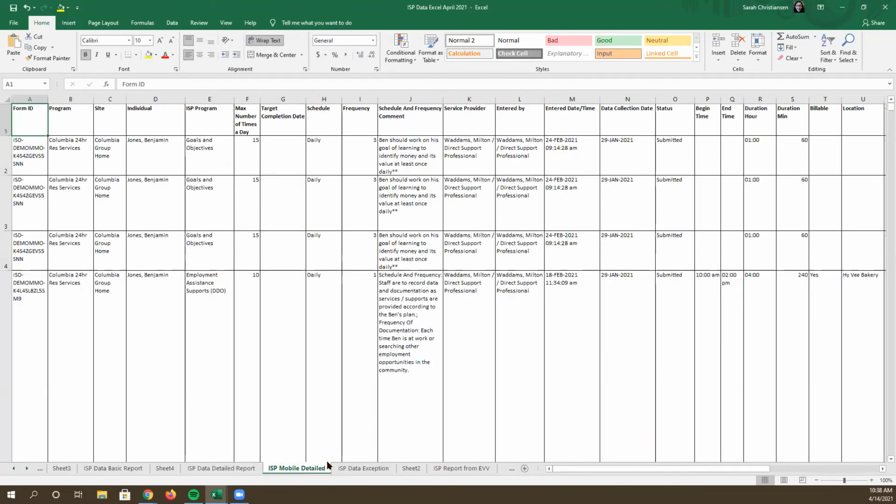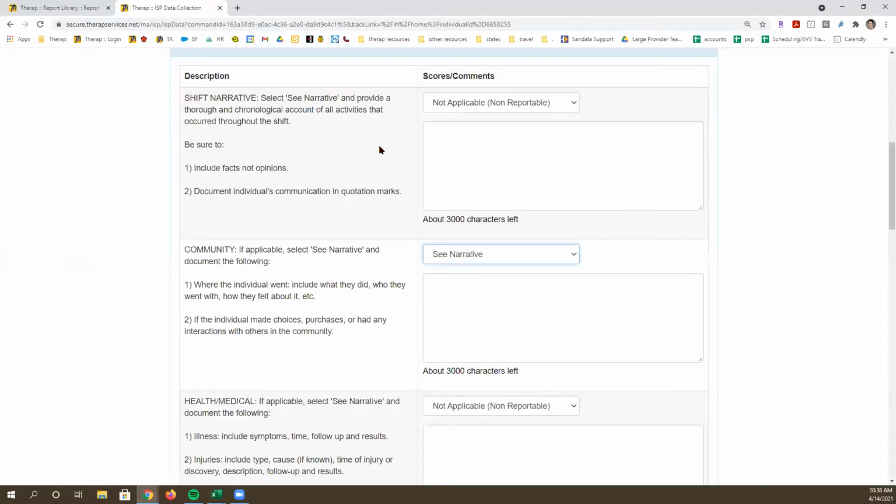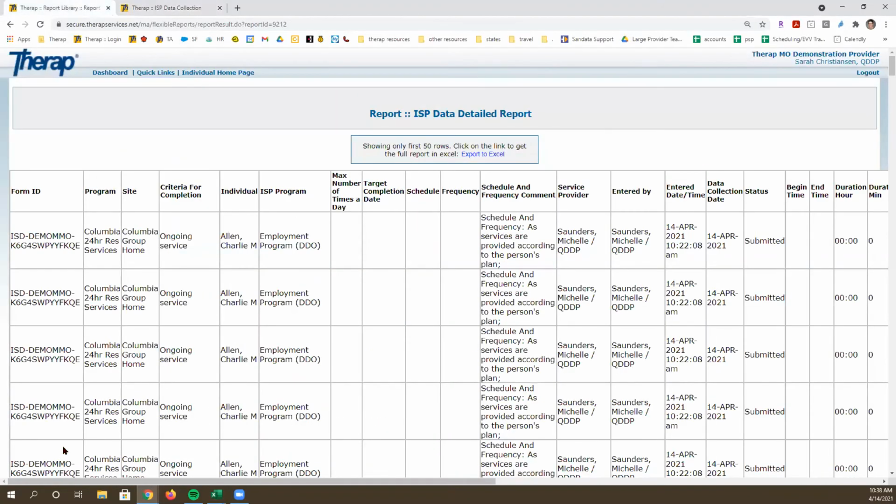Another capability we have with the detailed reports is we do have one that focuses on the mobile app and the specific things you can do in the mobile app. So there are some features for ISP data that we have in the mobile app, but not on the browser. So this report, let me show you how to find it. Okay, so back in the report library,